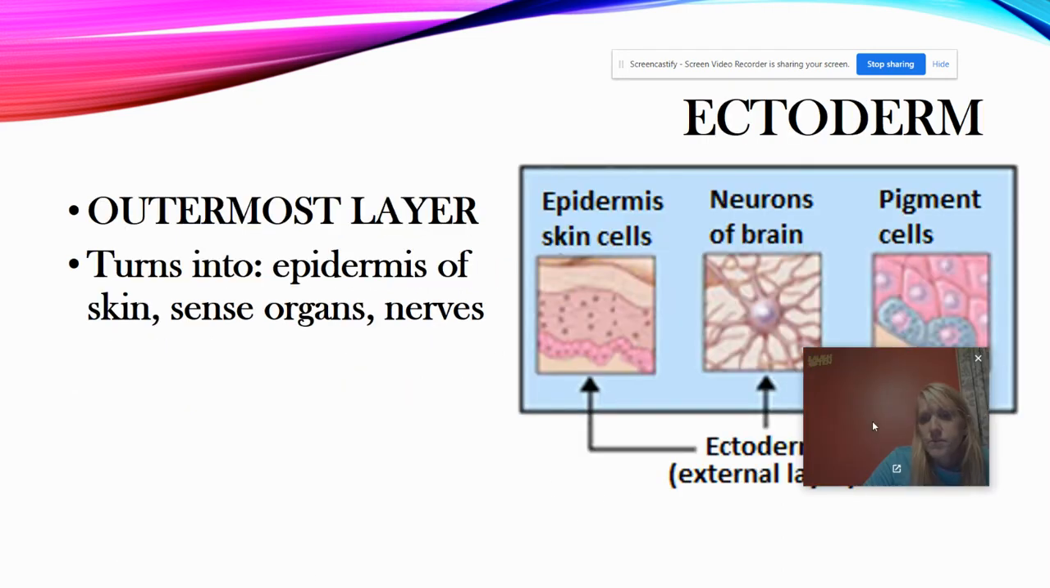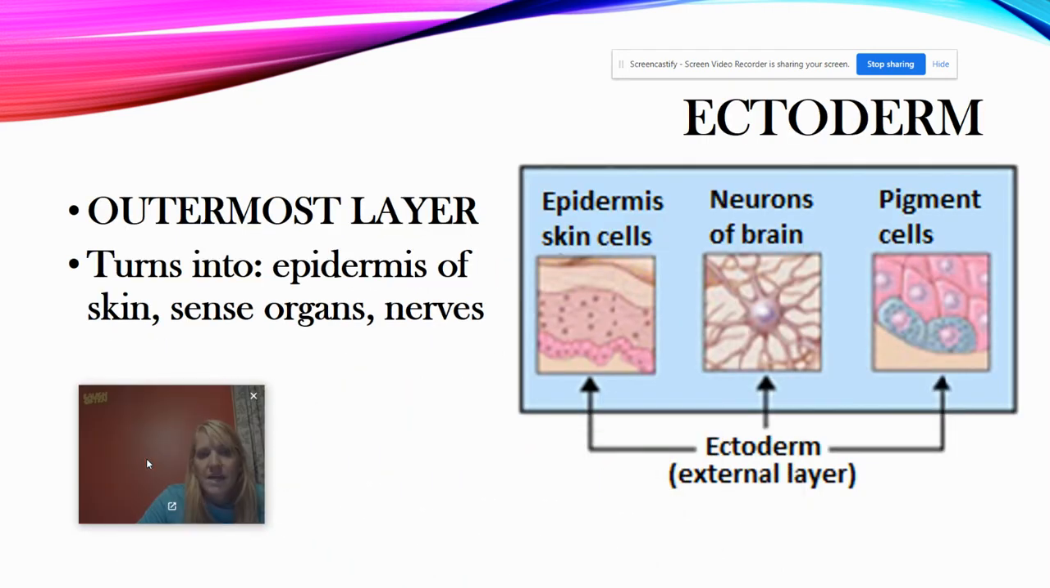Okay, so ectoderm is the first one we'll talk about. That's the outermost layer. Ecto means outer. So ectoderm turns into the epidermis of your skin. So like right here, the epidermis of your skin is that ectoderm, which is that outer layer of that ball